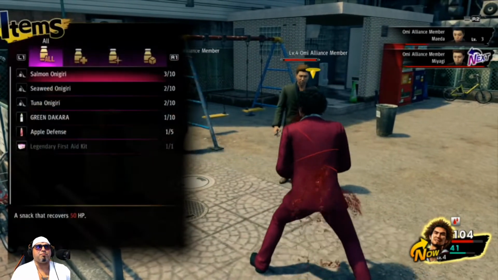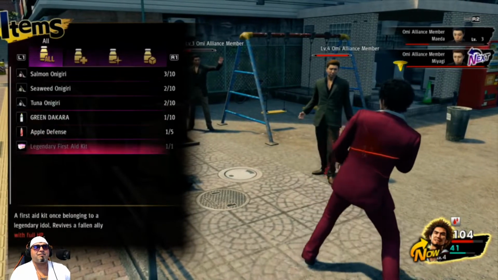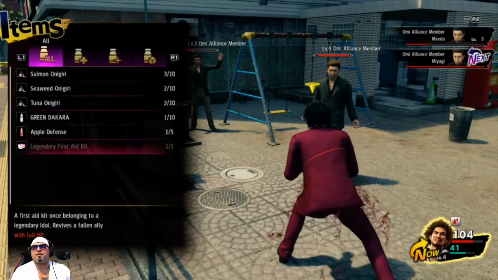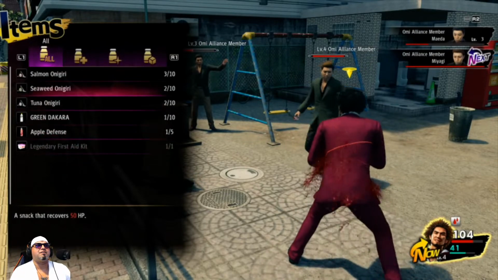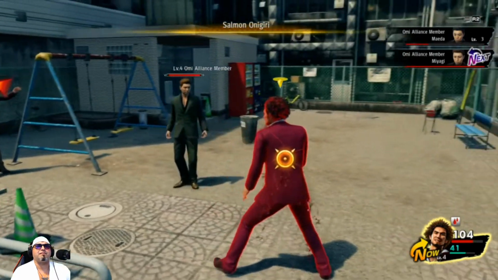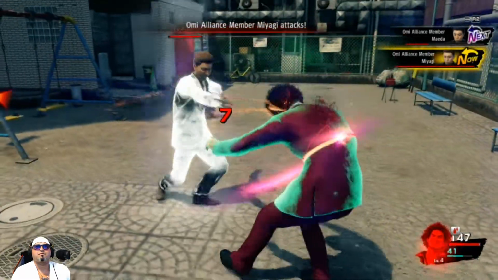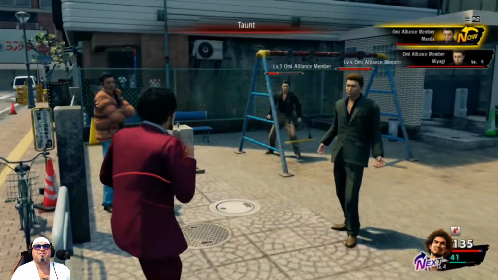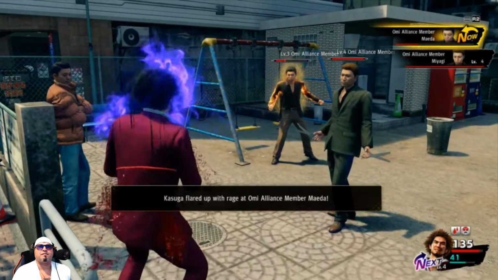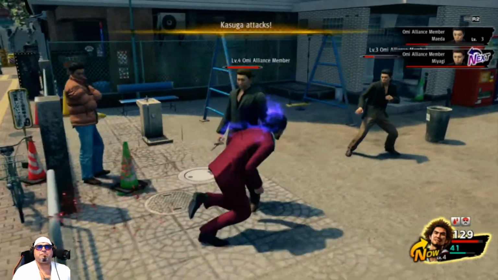Items. Why am I bleeding though? I think I'm gonna have to go with that because I have no idea how bad off I am. Well, screw it. I might eat something. Dude, this guy with the scissors. Now I'm bleeding profusely?